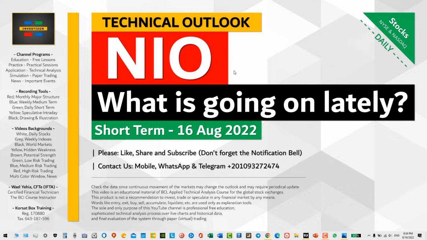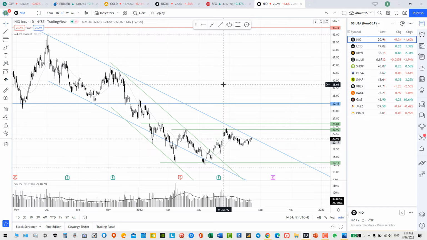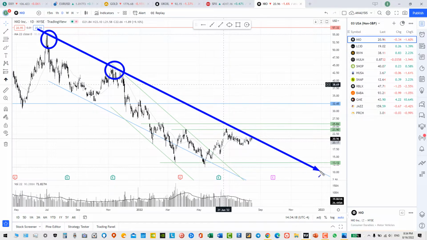In this video, we will apply the classical technical analysis methods to NIO stock over the short and medium term. Let us check the daily chart, and as we can see, the structure of the stock is really in a bearish environment over the long term. We can see here a major downtrend coming from the weekly chart since July 2021. So the major structure is showing bearishness, and over the medium term the stock was in an impulsive wave to